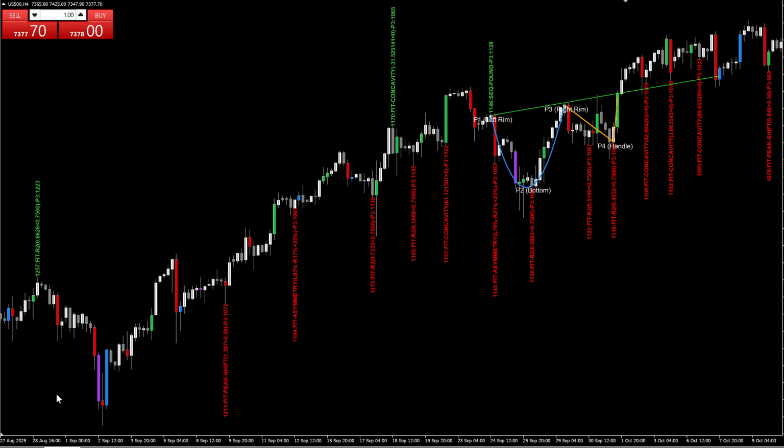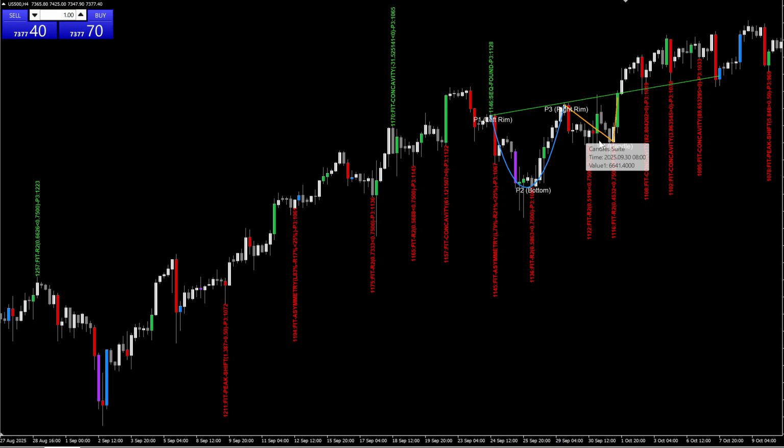Something like this, where price has already been moving in a direction, price tries to retrace. Right here, as the sellers try to bring the price down, then price ranges because the buyers are starting to win again. After that, the buyers go up. So that will form the cup. And after that, once again, the sellers will try to pull the price down. It won't work and buyers will win again.